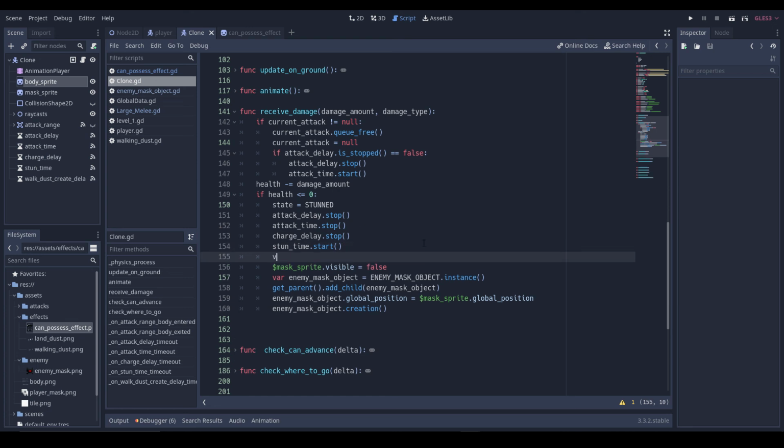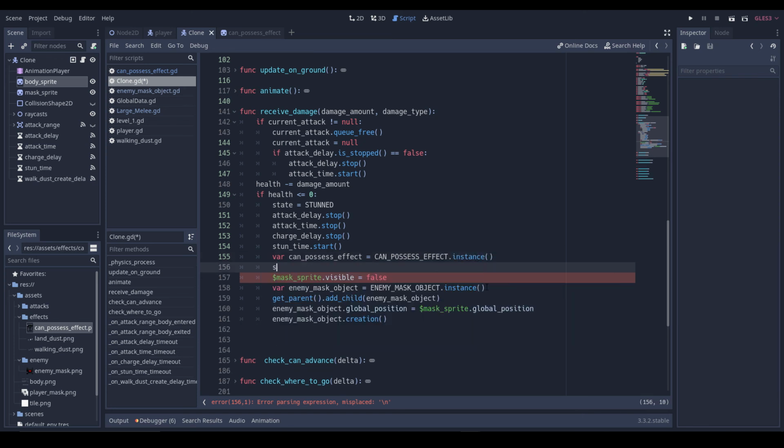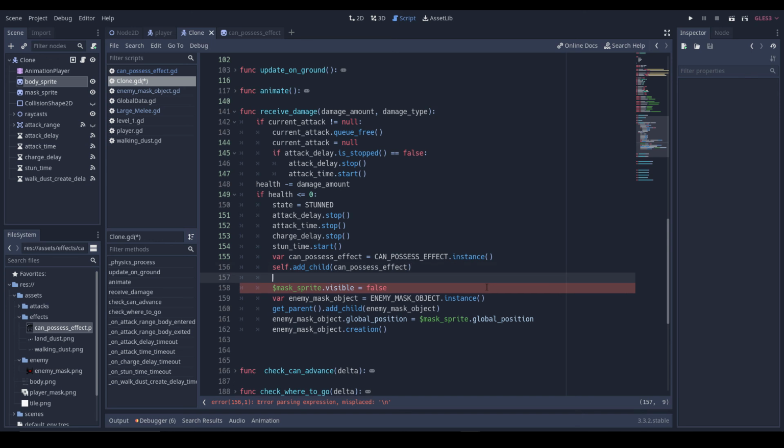We'll do var canPossessEffect equal to canPossessEffect.instance. We'll do self.add_child(canPossessEffect). Then canPossessEffect.position minus equals 6, let's say,